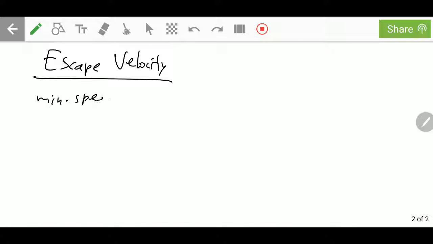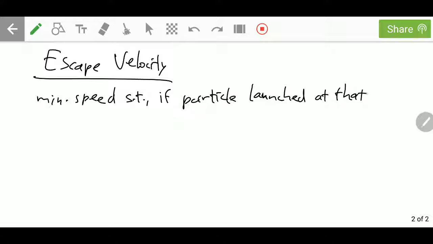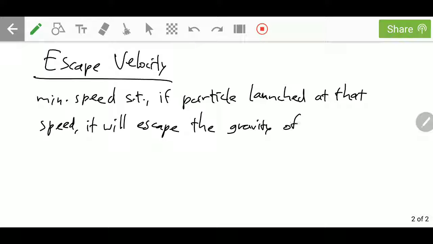So first, let's talk about escape velocity. What is escape velocity? It's the minimum speed such that if a particle is launched at that speed, it will escape, hence the name escape velocity, it will escape the gravity of the planet or star or whatever,